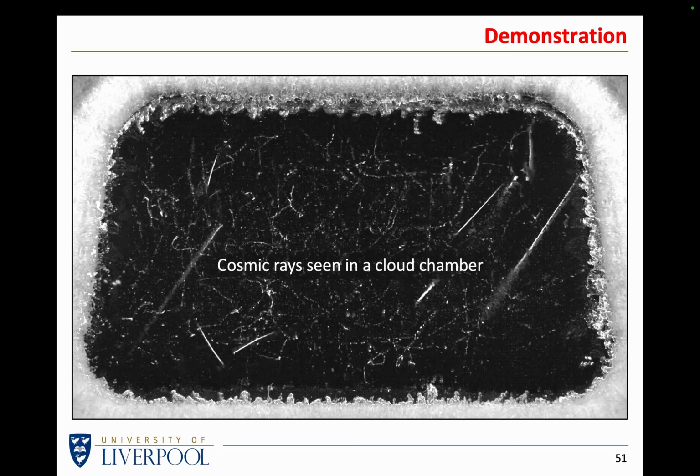The not so bright ones but straight lines are muons, and sometimes you see extremely wiggly tracks. Those are electrons. I have not shown any alphas here because alphas are not coming from the cosmos. They can't get through the glass. They could get through the building, but they can't get through the glass. Sorry, they can't really get through the building. They can get in, they can move through the room, but they can't get through the glass of the cloud